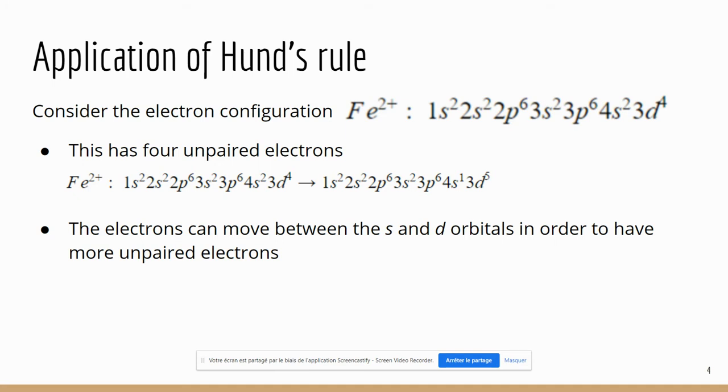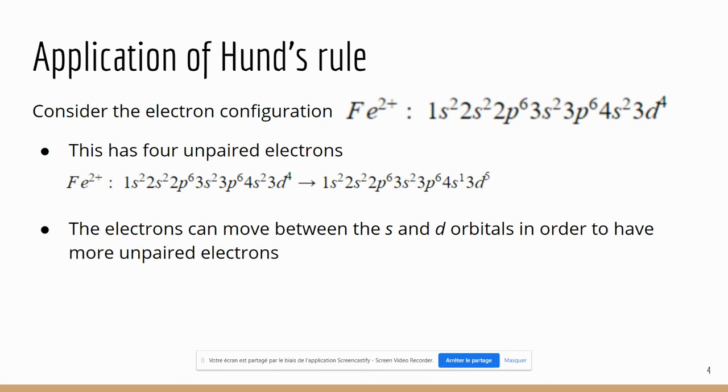There's only one application of Hund's rule that I'm going to expect you to be able to do. And what that is, when we have an s and a d that are the last two in a set, we may be able to move electrons from the s to the d in order to maximize our unpaired electrons. And when I say maximize the number of unpaired electrons, what I really mean is to get a d5